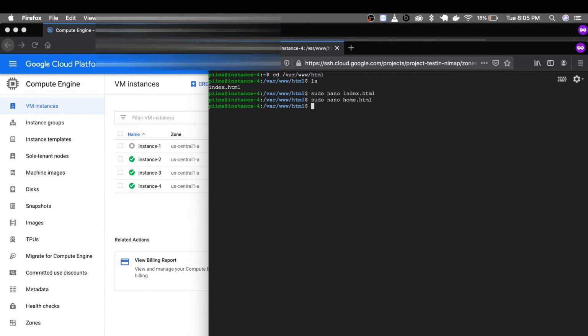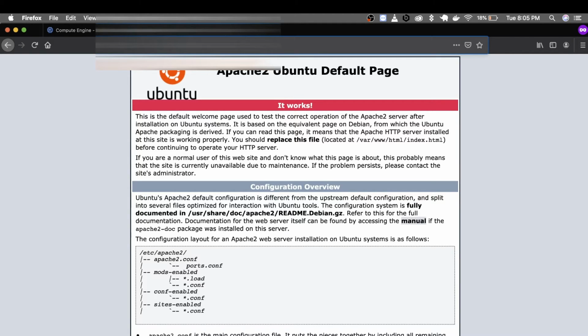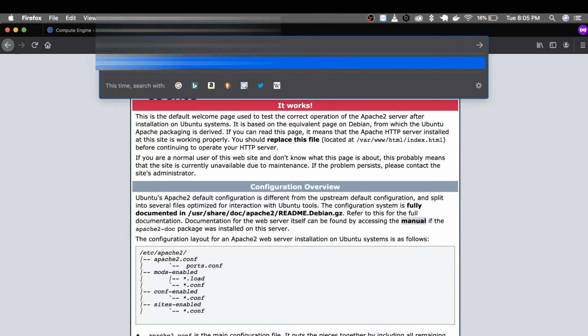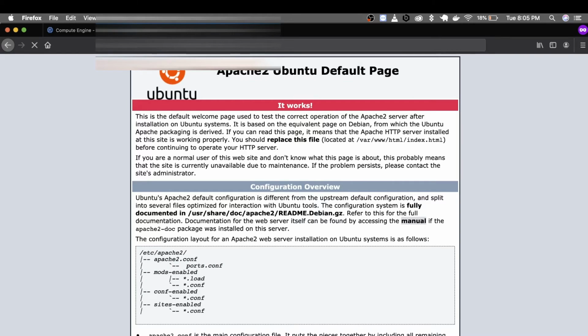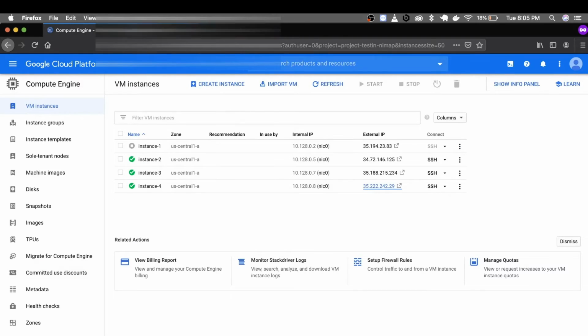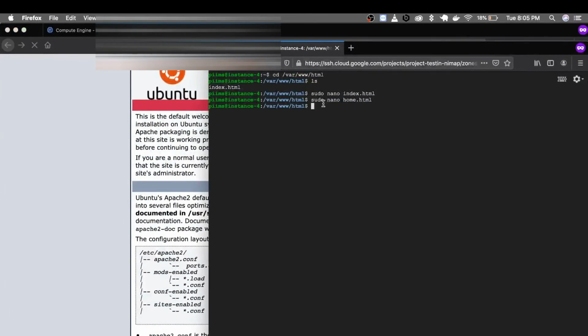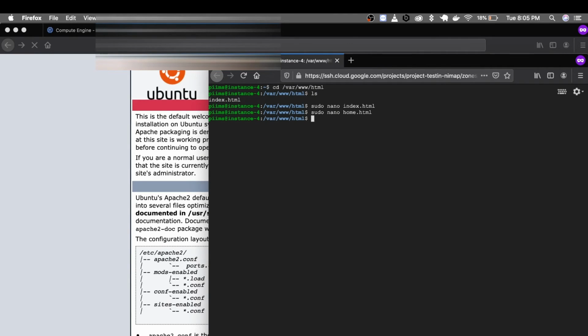Now we can access this file. We have the file called home.html, and we are trying to access it. Let's see whether this file is available or not. When you click on list, you can see we have two files here, home.html and index.html.